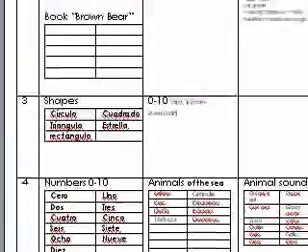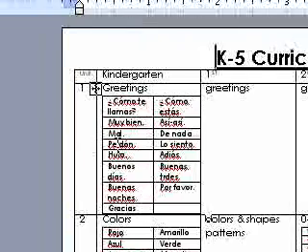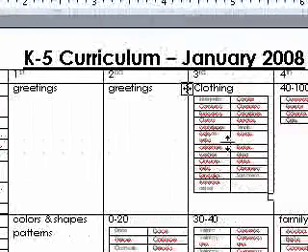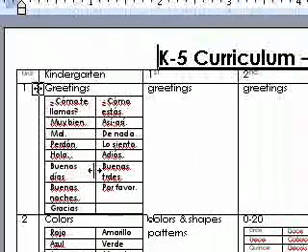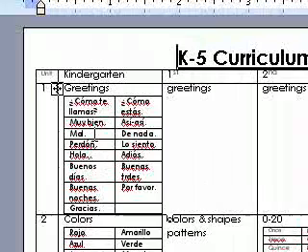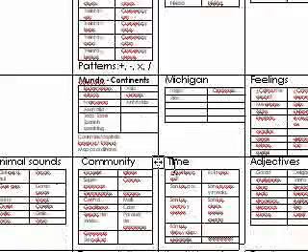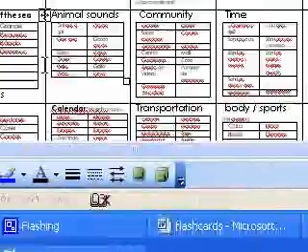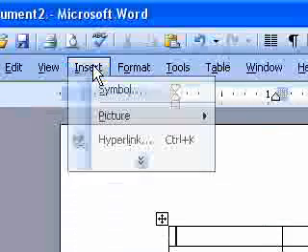Now here is another example. This is showing you another use of tables where I have embedded tables into a larger table. And again, this makes it real easy for me to put a lot of information into a pretty small space. So another thing that I would like to show you right now with this is how to insert clip